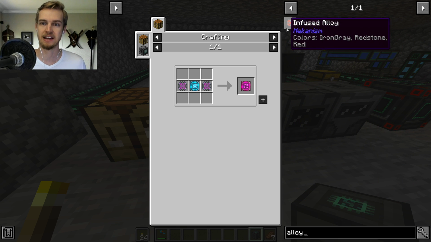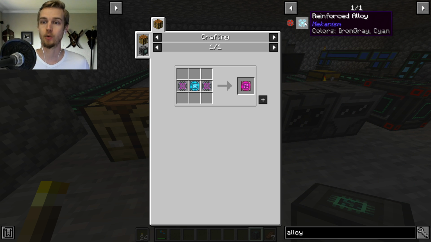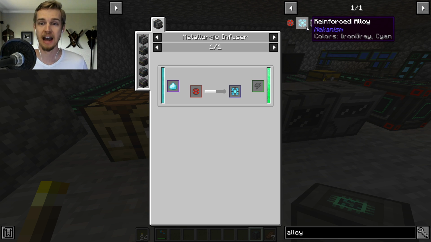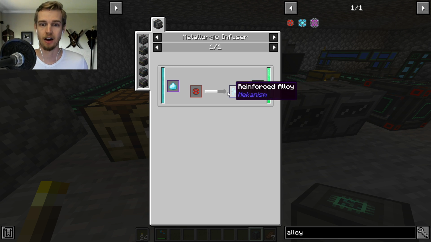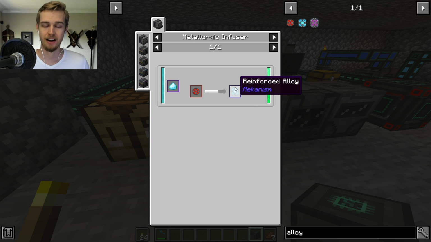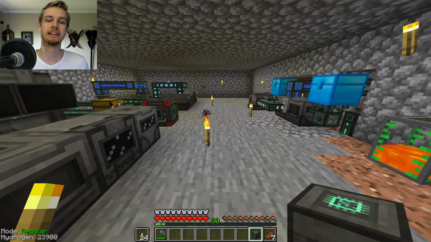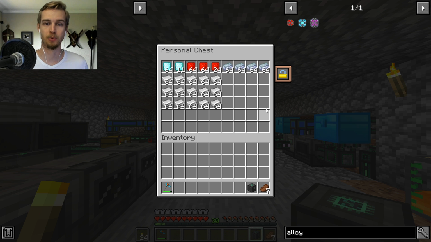Okay, so I also want to end up with a full stack of infused alloy, reinforced alloy, and atomic alloy, which once again, you have to have a full stack of infused alloy to make reinforced alloy, and then you have to have a full stack of reinforced alloy to make atomic alloy. It's ridiculous. So, after at least an hour of math, I came up with this as our raw material. I'm actually missing one thing that we're going to go get right now, but ultimately what we need is 75